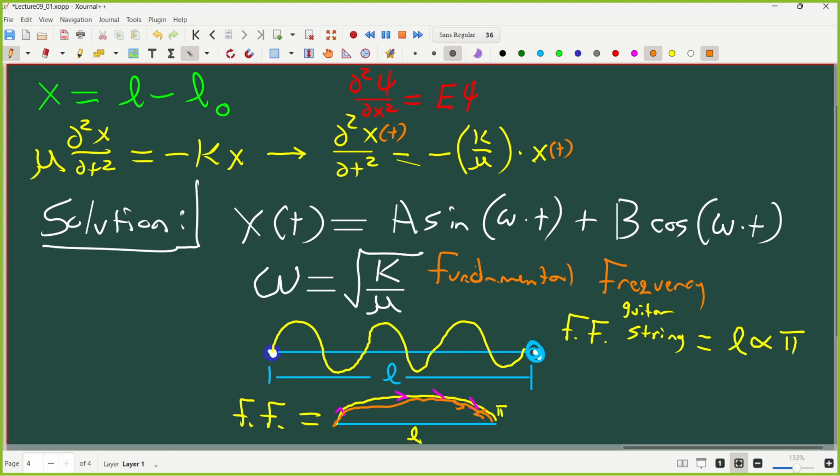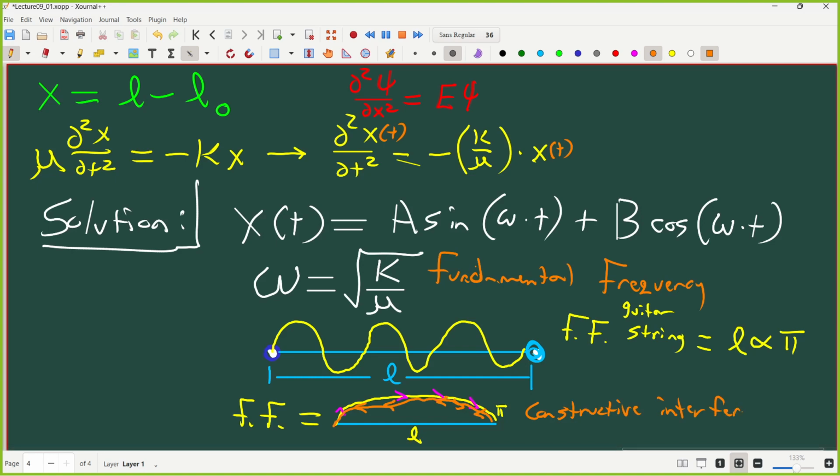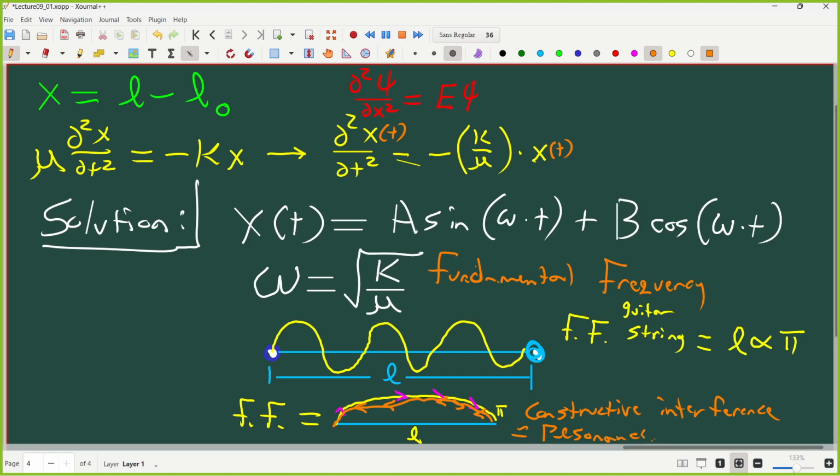Because you just go from pi to 2 pi, but backwards, right? So when this happens, you have constructive interference, which we also call resonance, right? And that's the condition where you've plucked the string at the right frequency, that it bounces back and forth